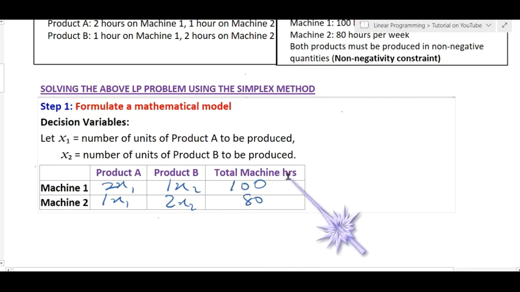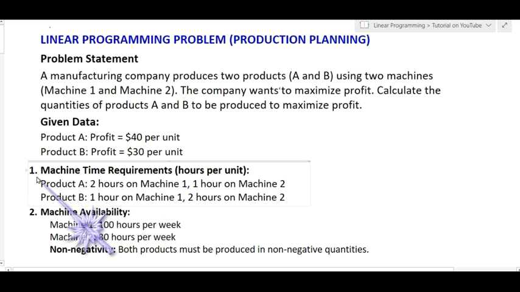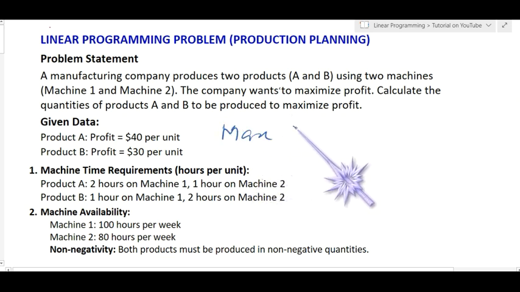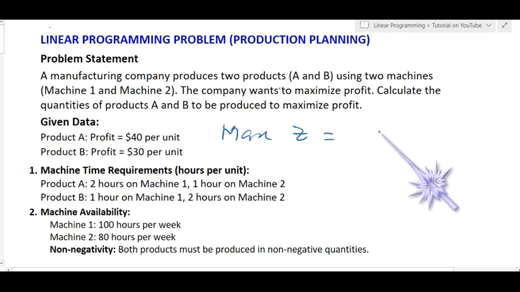The next thing we're going to do is to get the objective function. You see here, conditions 1 and 2 are for the constraints, but these are for the objective function. The question says, calculate the quantities of products A and B to be produced to maximize profit. We are maximizing the objective function, so you write maximize Z equal to, we said product A is X1,